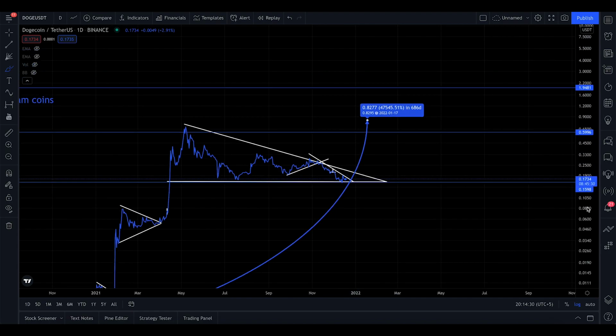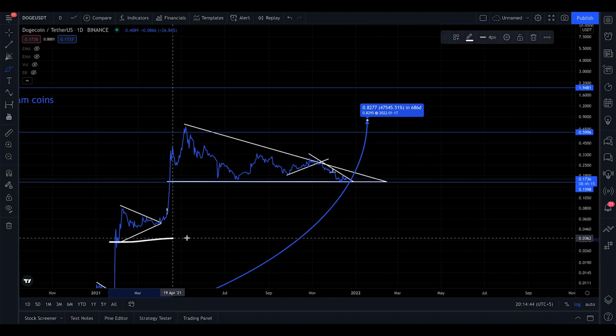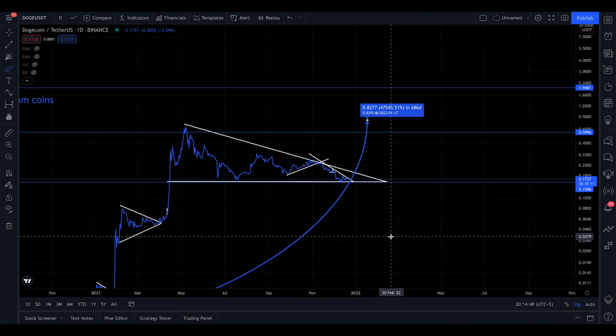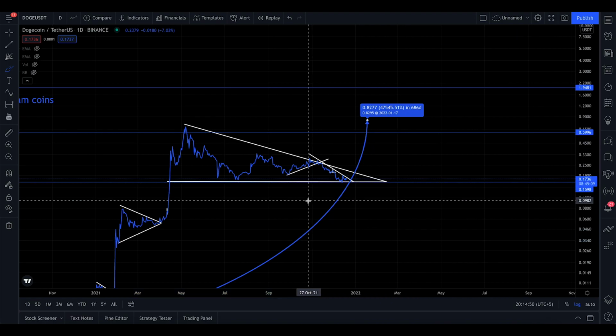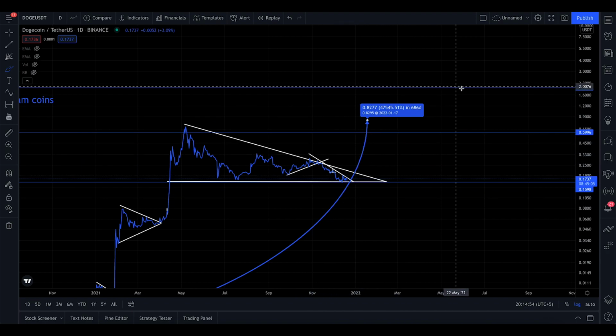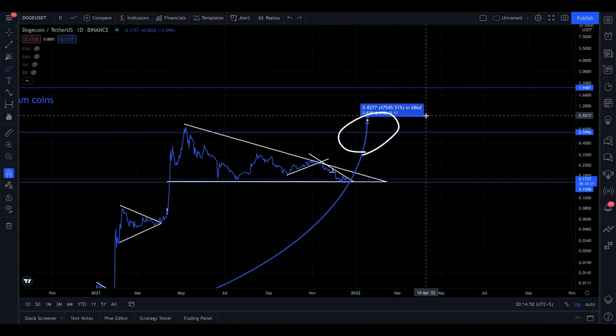So I'm actually trying to predict the date that we can start pushing ourselves in the upward direction. Even though this triangle, always keep in mind, can break to the downside, backtest, and then fall. If it ever had to fall, this is your technical target, 0.03, and that's scary as heck. And I don't think so. I still believe we're in a bull run right now, and these are my two price targets, 0.59 and 1.9